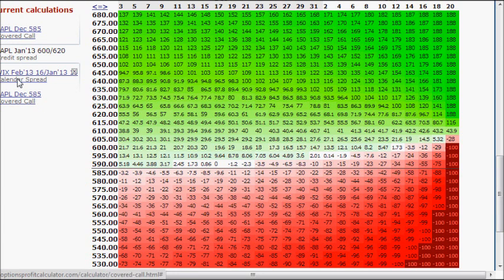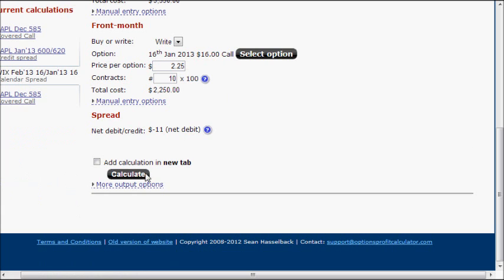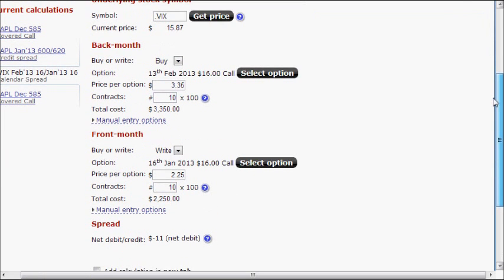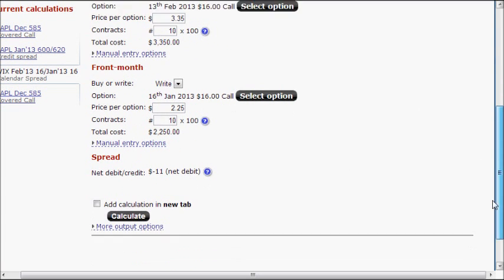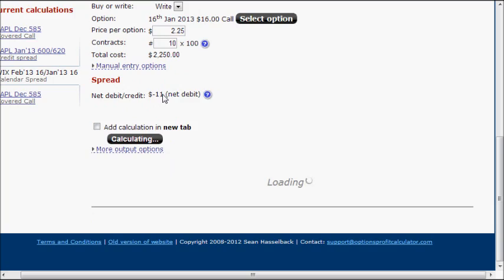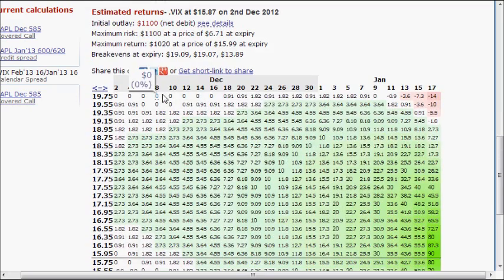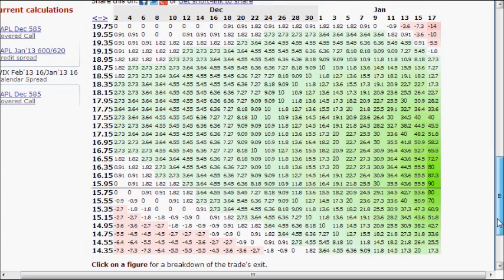Okay, and finally a calendar spread. This is on VIX. We're buying the February $16 call and writing the January $16 call for an $11 net debit. And again, an interesting pattern here. You can see the profit centered around the strike price, $16, and the profit and loss both fall away before that expiry date. So there you have it,